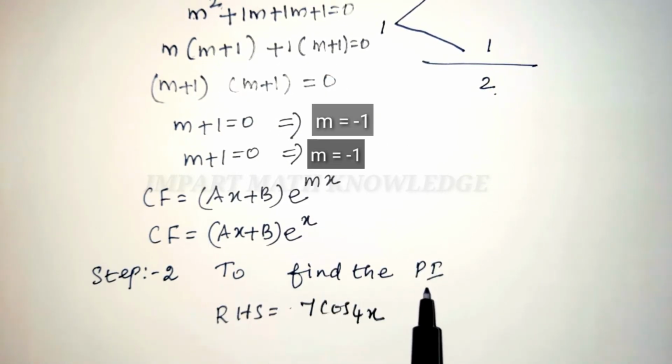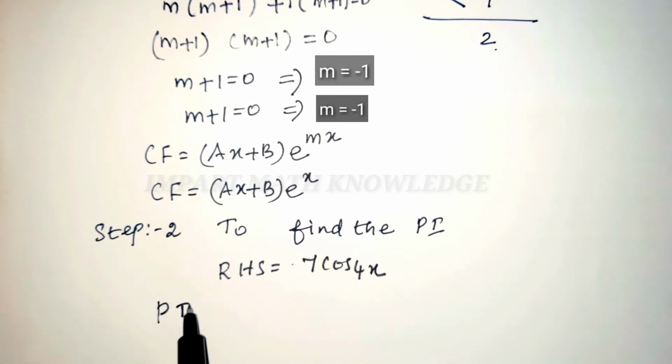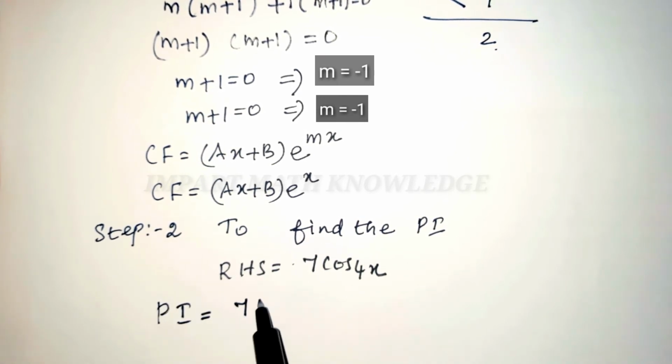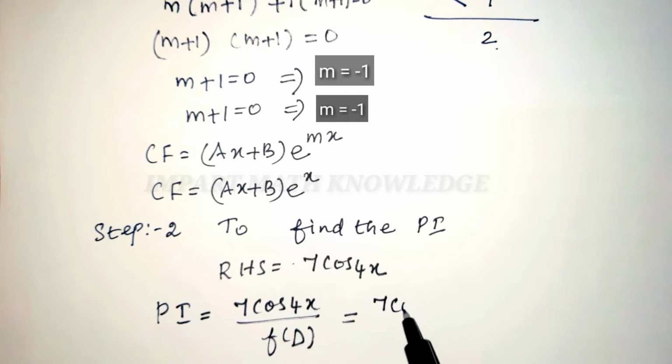Step 2. Find the particular integral. Here RHS is 7 cos 4x. So the particular integral is 7 cos 4x by f of D. F of D is the left hand side of the problem. 7 cos 4x by